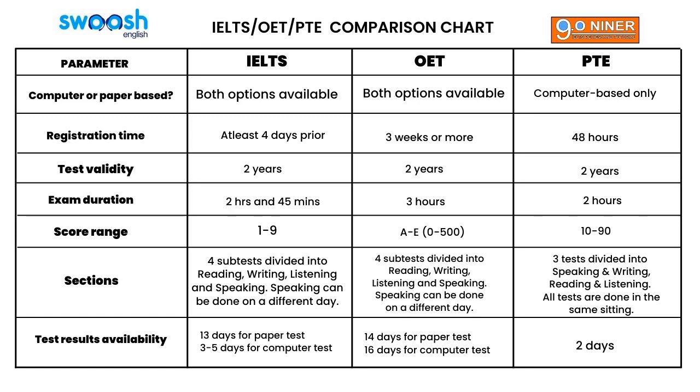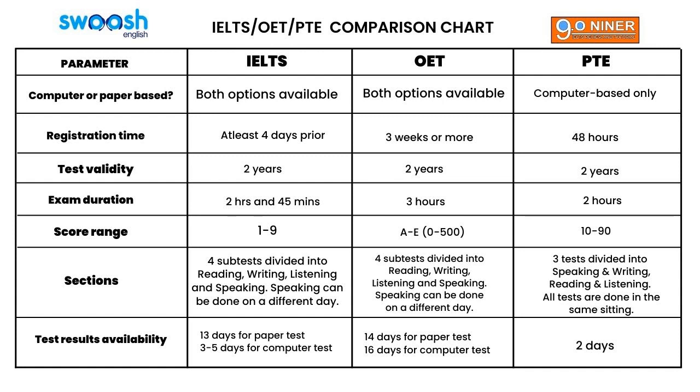Now, the score ranges from 1 to 9 for IELTS, 9 being the highest and 1 being the lowest. But for OET, it's between 0 and 500. And actually, there are letter equivalents for the numerical scores that you're going to be given in OET. At least for the US, the requirement is somewhere close to B and C plus. So that's between 300 and 340 for C plus, and 350 and above up to 440 will be a B. So I think that's a little complicated because they have the numerical scores and they also have the letter scores. Okay, so you just have to convert your score to the letter scores so that you will know whether you